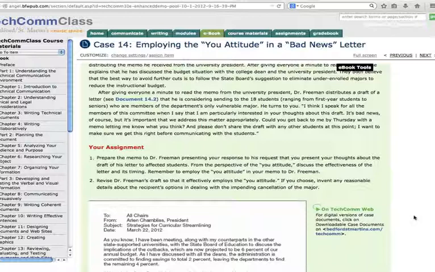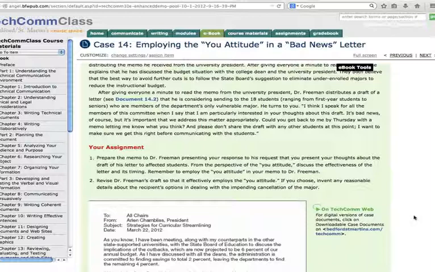The second part of this assignment is actually revising that letter that Dr. Friedman had drafted and employing the suggestions that you put forth in the memo to Dr. Friedman. So that should follow all the conventions of a letter as well.